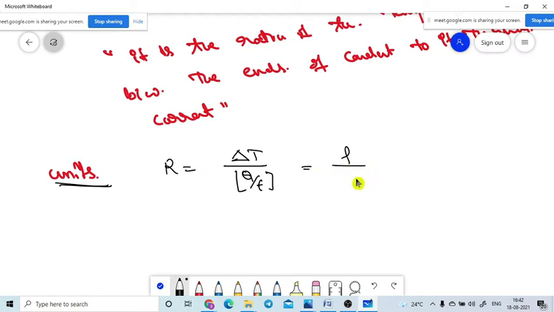This is nothing but L by K into A. So what are the units for this one? It is Kelvin. And the units for Q by T are joule per second. So it will come like this: Kelvin second divided by joule, because denominator by denominator. Otherwise joule per second is nothing but watts. So can I write Kelvin divided by watts, otherwise Kelvin watt inverse? Okay?